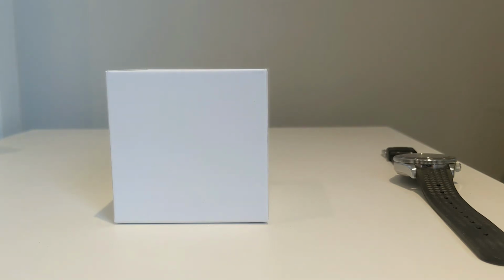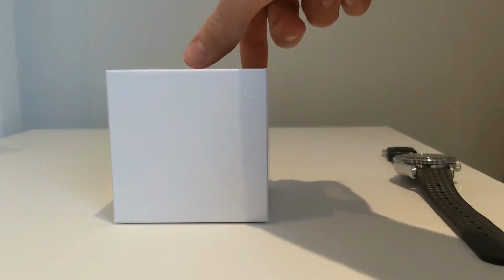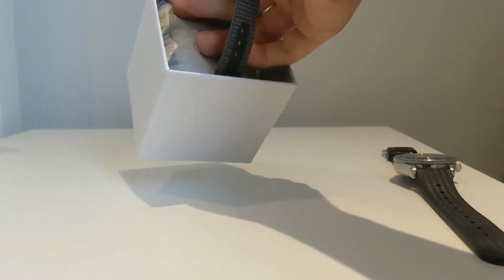Very quick backstory, if you don't know anything about Lorus, it's a subsection of Seiko. Seiko do own Lorus, just like they own Pulsar, Alba, I think it's called. I've never actually had any experience with any Loruses, so I'm excited to have a play with one, and you'll see that they do share some technology with Seiko. So that's one of the benefits of buying one of these sub-brands of Seiko, is that you're going to benefit from most of the time the movements, the crystal, and one very specific thing which I'm really excited about in this watch is the fact